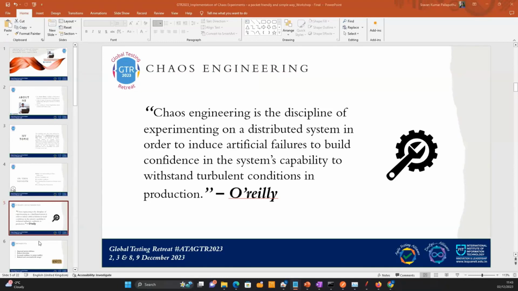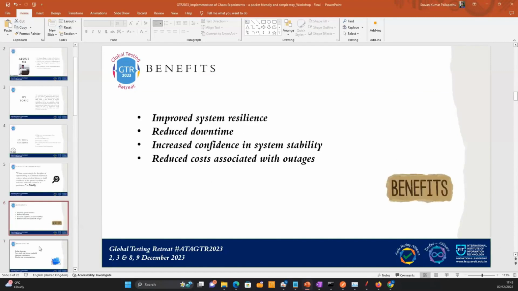And next, coming to the benefits of chaos engineering: improved system resilience, as I mentioned earlier. So, what happens if the control failures are seen, and how do we really identify them? We will identify them at the earliest stage itself. It also helps in reducing the downtime, and it increases the confidence for the project team or the client, saying that we have done so many